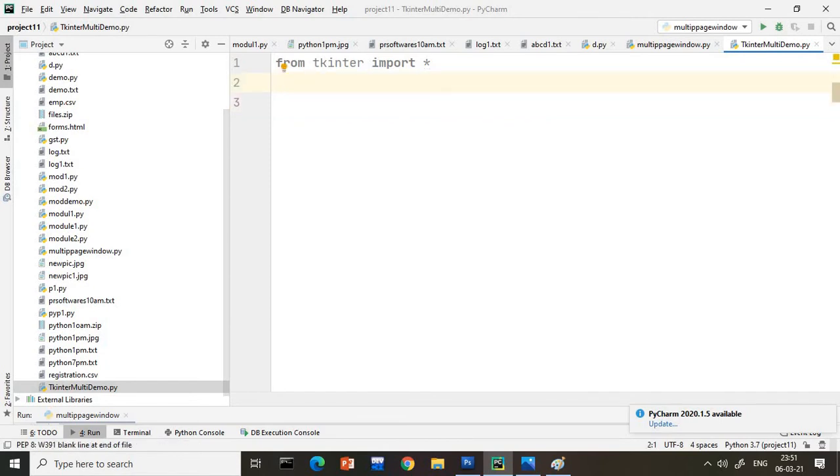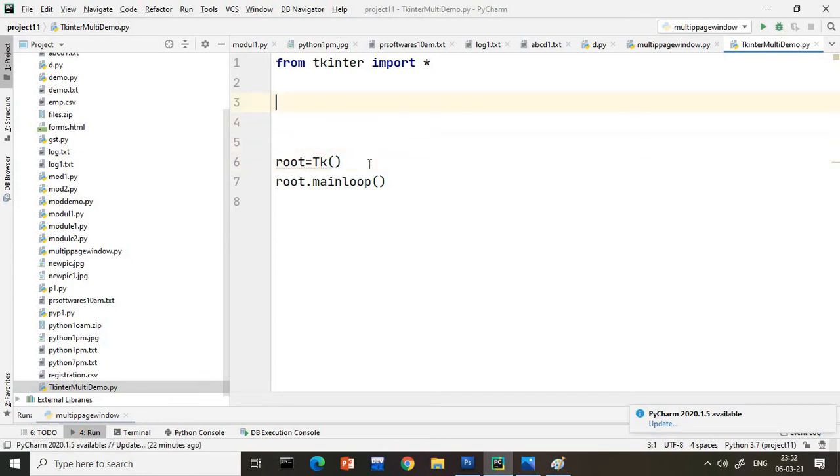First, if you want to create the first window, you need to create the object of the Tk class, as you know. So I will create the Tkinter class object, and whenever we open something we must close it. So this is nothing but mainloop. What will happen, your window is going to be created, but my requirement is I do not want a single window, I want to create multiple windows.